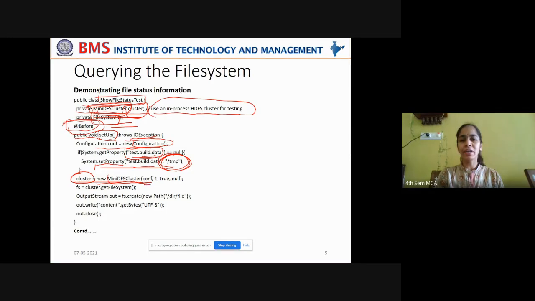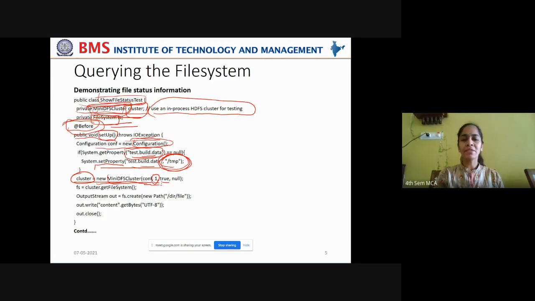You pass the configuration object because that data node's configuration has to be set up, and you're using a single data node on this cluster. This number represents the number of data nodes on that cluster you're setting up to perform this testing task. At present you are using only one data node.